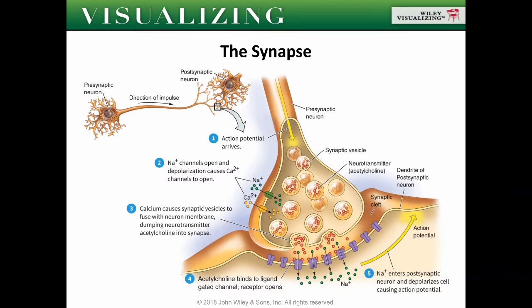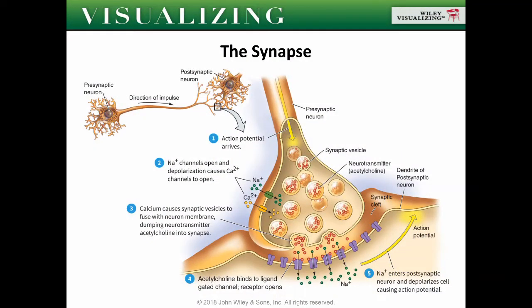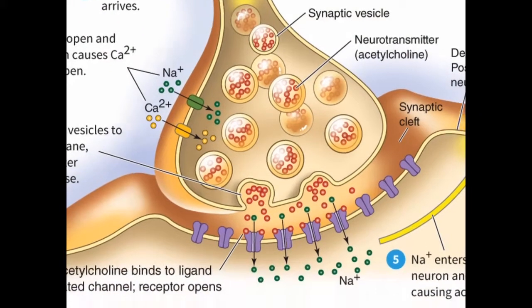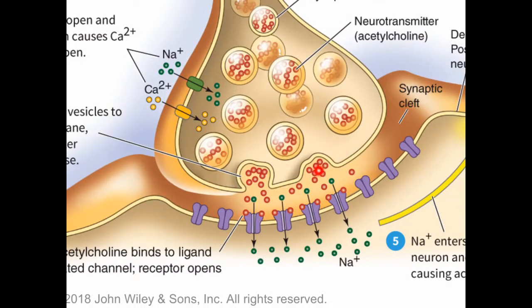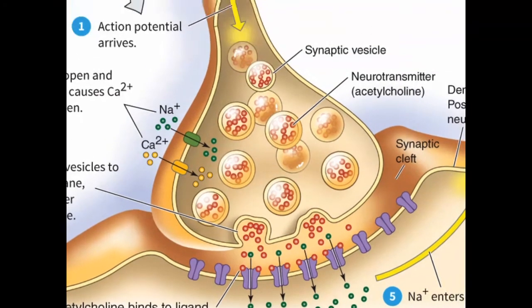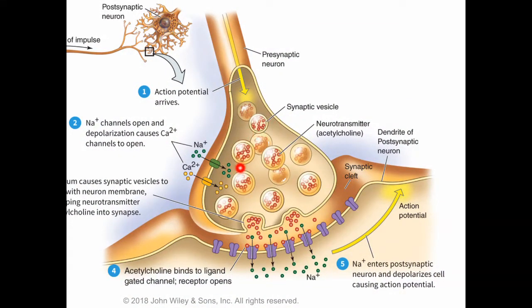So here is your synapse. So this is the previous neuron and then the next neuron. So here is the gap. So remember, this is the presynaptic neuron. You have an action potential passing through here. And then since, as I told you, they are not really touching, they have a space between. So this is the synaptic cleft. So once the action potential reaches this region, it will trigger the release of the